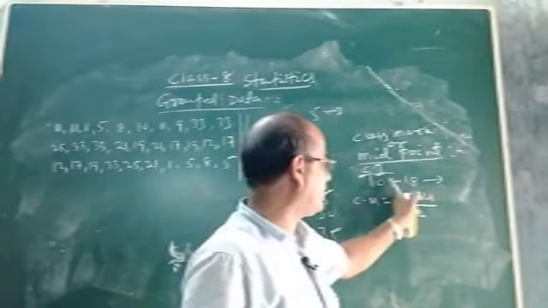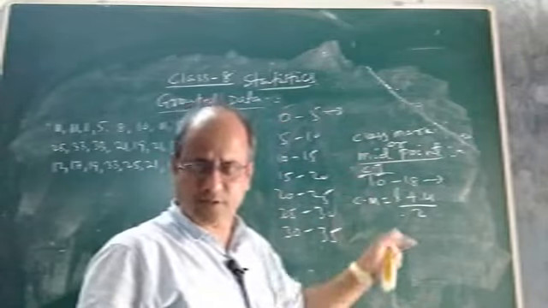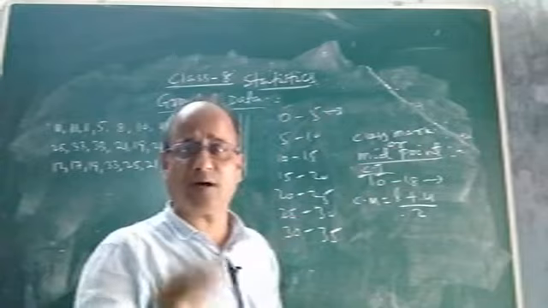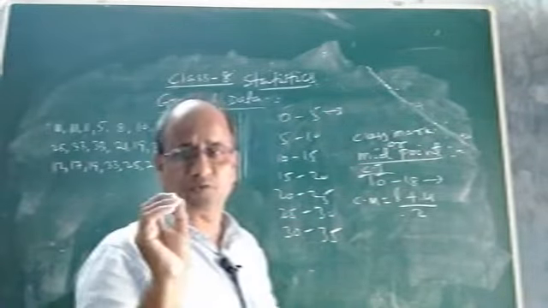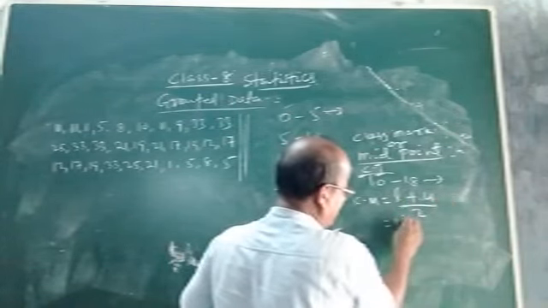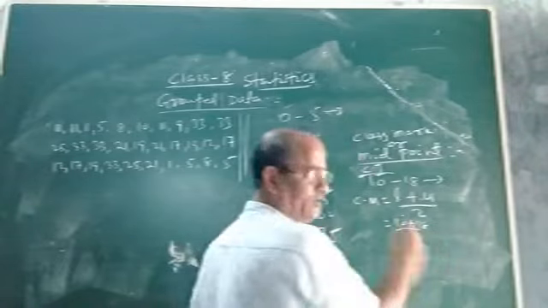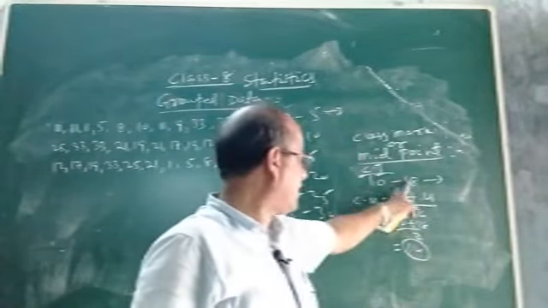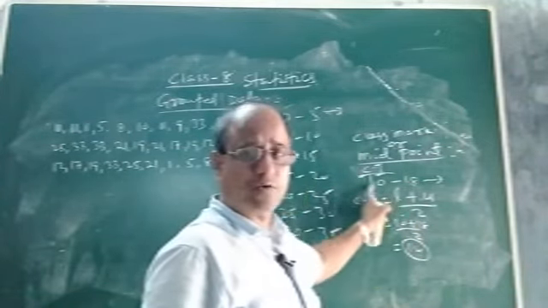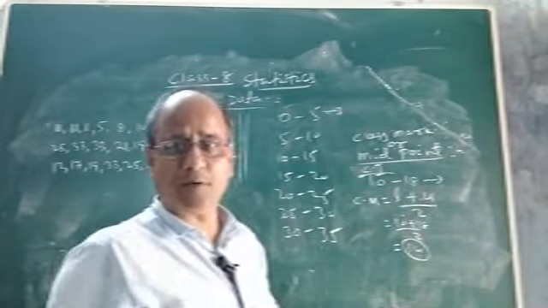Take the average: add the lower limit and upper limit, and divide by 2. You will get the midpoint. This is the formula to calculate the class mark or midpoint of any class interval or class or your group data. So L plus U by 2, that means 10 plus 18 by 2, 28 by 2, is 14. So here the class mark or midpoint of this group data will be 14, and if I ask you what is the size or width, 18 minus 10, it is 8. It is the difference of upper limit and lower limit.